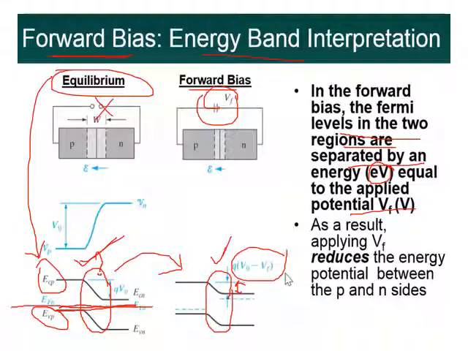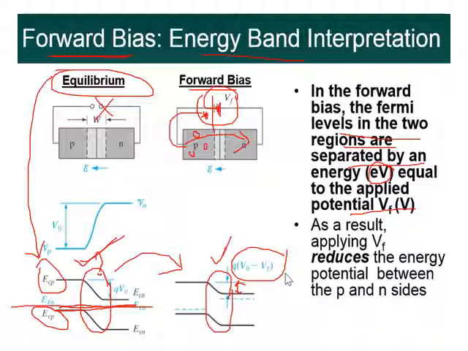Now whenever I apply the voltage, what is happening? Actually, what happens if I apply the voltage? The holes, right, this is positive and this is negative. Yes, then it is called forward bias. And when this is positive, a positive potential is applied at the p type. In p type we have a number of holes, right? So this positive potential will try to repel all the holes. So these holes will be moving towards the n-type material.